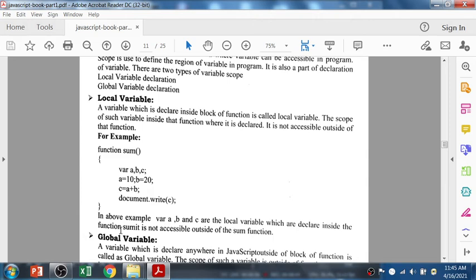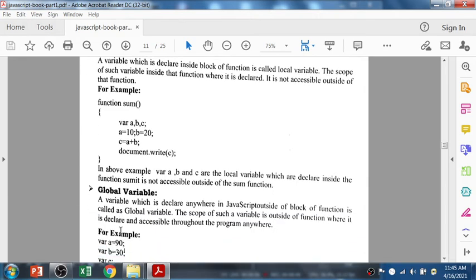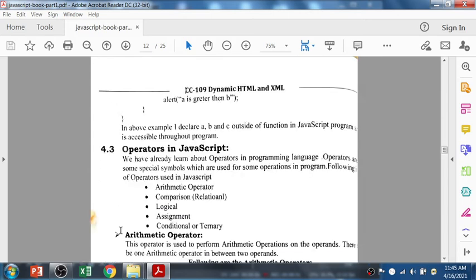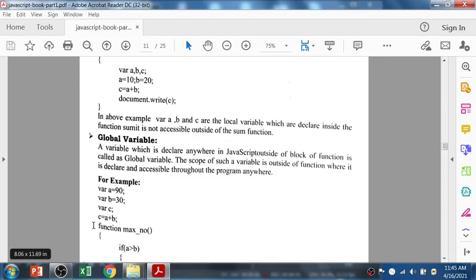In the above example, a, b, c are local variables which are declared inside the function. Let's see the global variable. A variable which is declared anywhere in JavaScript outside the block of a function is called a global variable. Remember, such a variable is accessible throughout the program, anywhere.